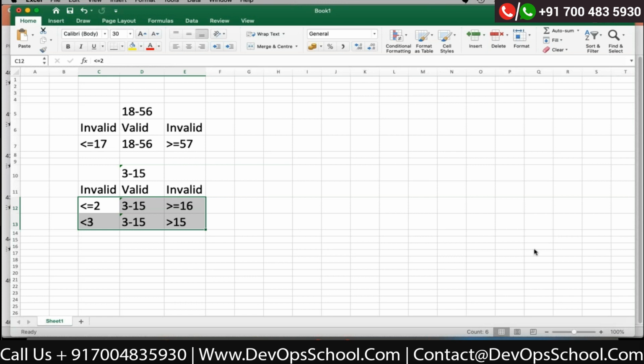Vimal has provided the lower boundary as an invalid range, but the upper boundary has not been provided. Okay, so those are some of the things.